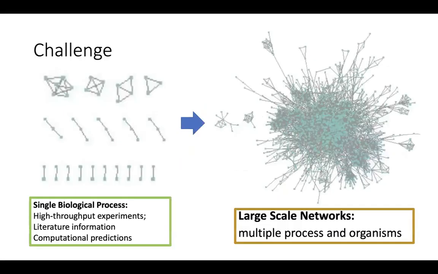Basically, our target here is to integrate every network together to formulate this large biological network, representing not just one but a lot of biological processes. The input for our initial networks will be these small networks. Each one maybe represents just one function, and we try to integrate all of them together to formulate this one. How we can incorporate all this information together to formulate one biological network is this